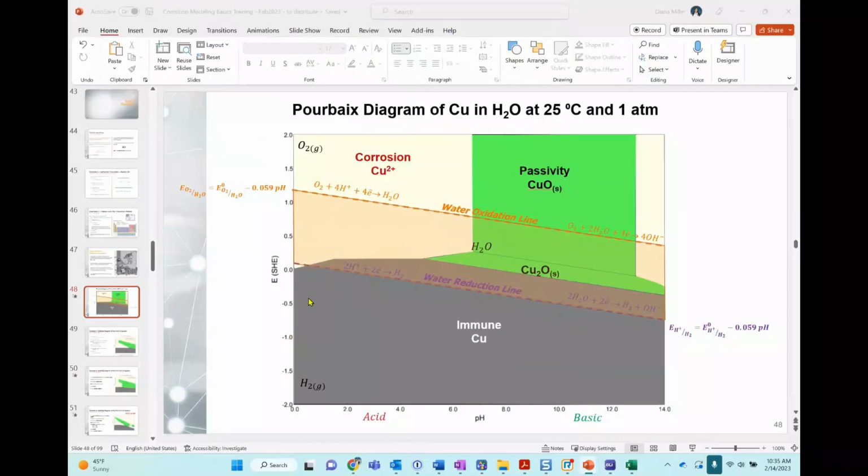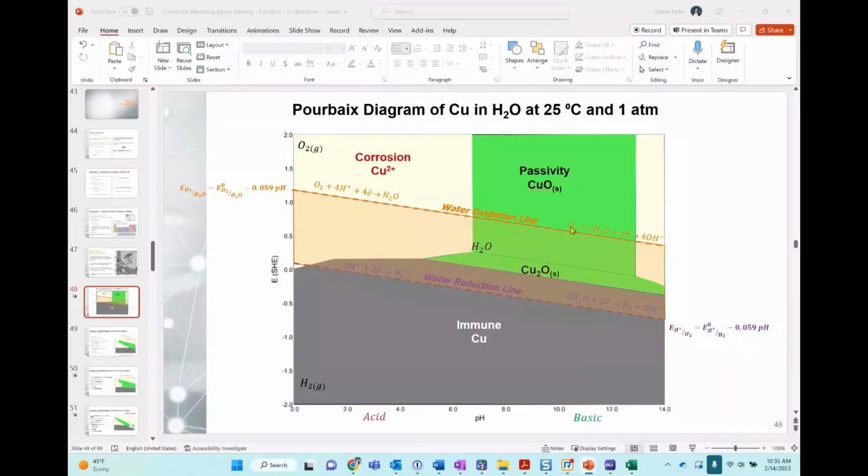Okay. Now, it is also important to highlight that wherever corrosion happens, or at least the one that we study, happens in aqueous systems. So anything that happens in this water stability region is the corrosion that we want to study or understand, like what's happening within this water region. So you will see that there is this orange line here. That's the water oxidation line. That represents the oxidation of